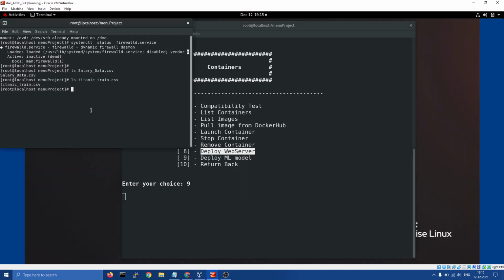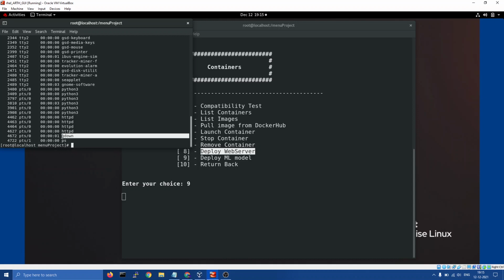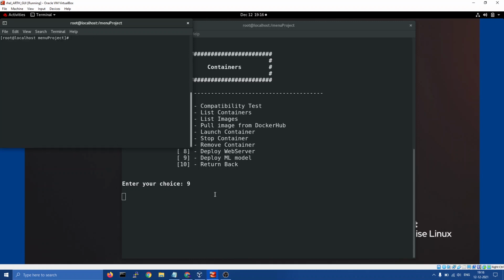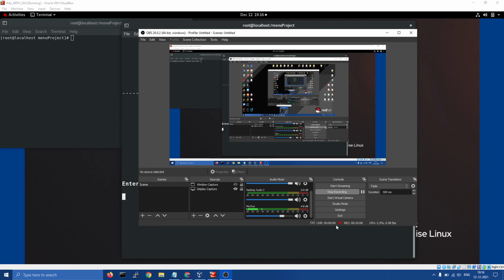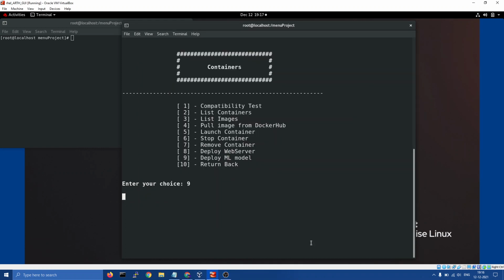If I look here at docker ps -a, gdown is one command which fetches some file behind the scenes from Google Drive. So it is still running. Let's wait for 2 minutes more. Now I believe it will come.